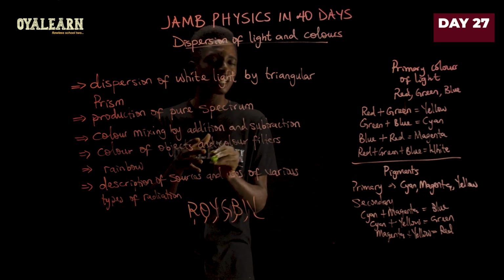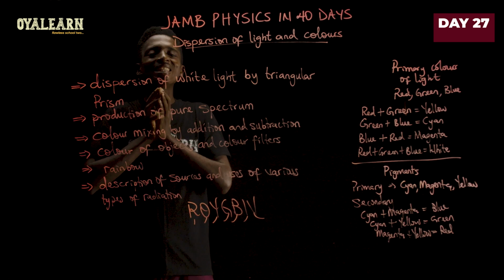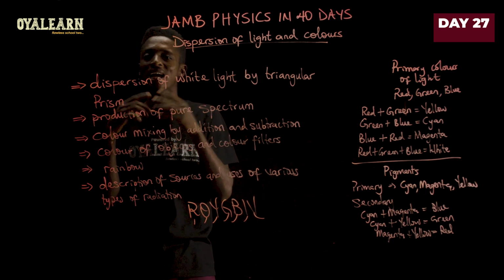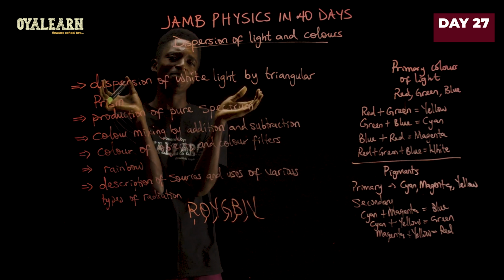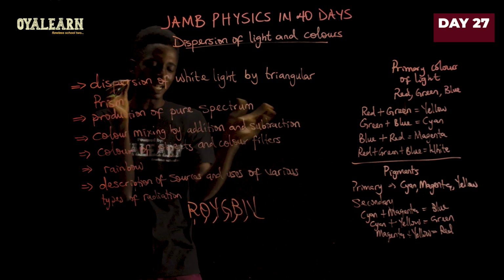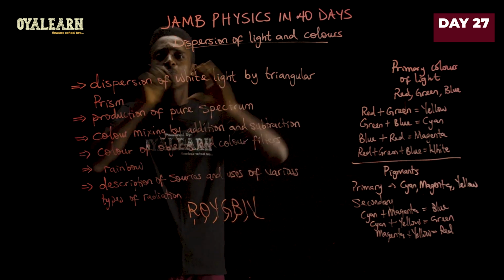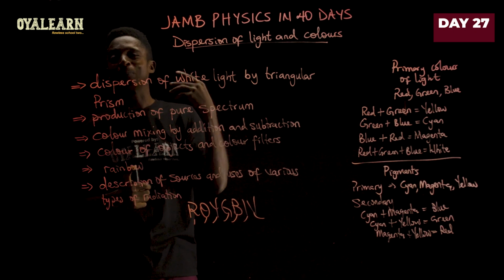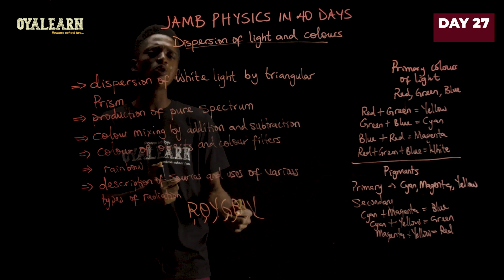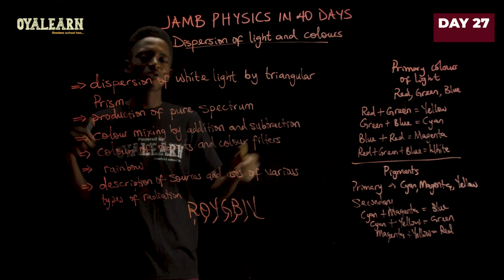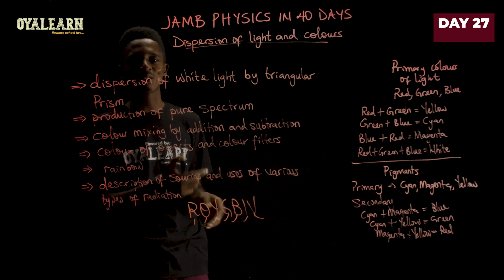Now, this is the same thing that happens in our sky. The white light coming from the sun is refracted by the multiple water molecules in our atmosphere. Because of the water molecules in our atmosphere, we see this white light bend. And because the colors closer to the end have the shortest wavelength, blue, indigo, and violet tend to spread more. This is why our sky appears bluish. You see that it is close to even purple at times, so it is between blue, indigo, and violet. That is how it spreads. That is why we see our sky appear blue. If you get to the atmosphere there, you see it is not actually blue. It is not in that color at all.